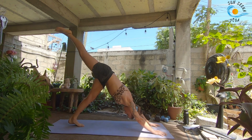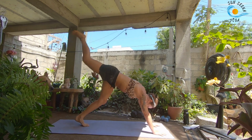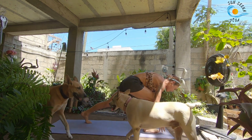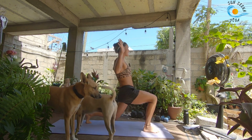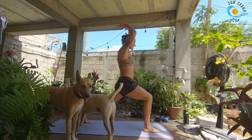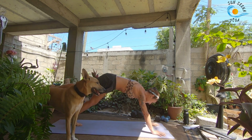Inhale, right leg up. Exhale, knee to nose. Option for that little hop as you inhale. Exhale, step it through. Inhale, crescent lunge. Exhale, cactus and dips. Inhale, crescent lunge. And then as you exhale, take it through your